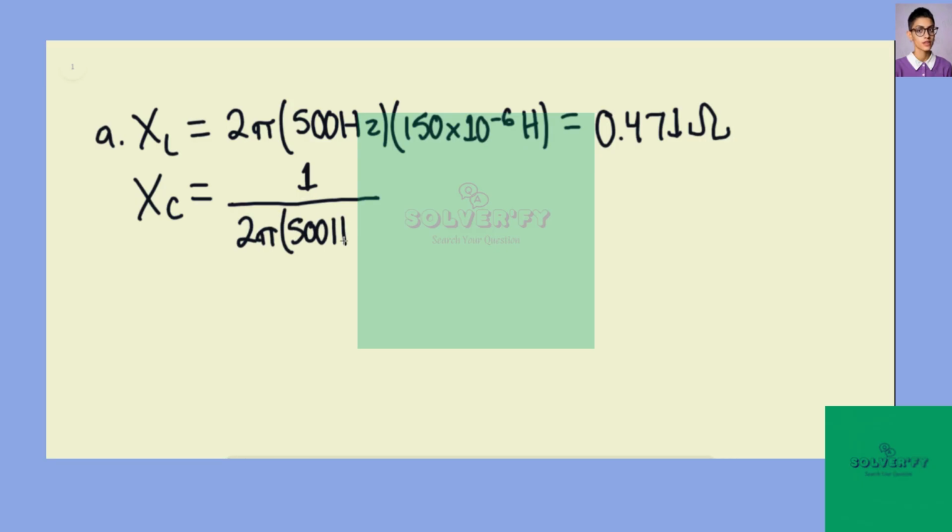We know that then the capacitive reactance would be equaling 1 over 2 pi times the frequency of 500 hertz, multiplied by the capacitance of 25 nanofarads, or 25 times 10 to the negative 9th farads. And so the capacitive reactance would be equaling to